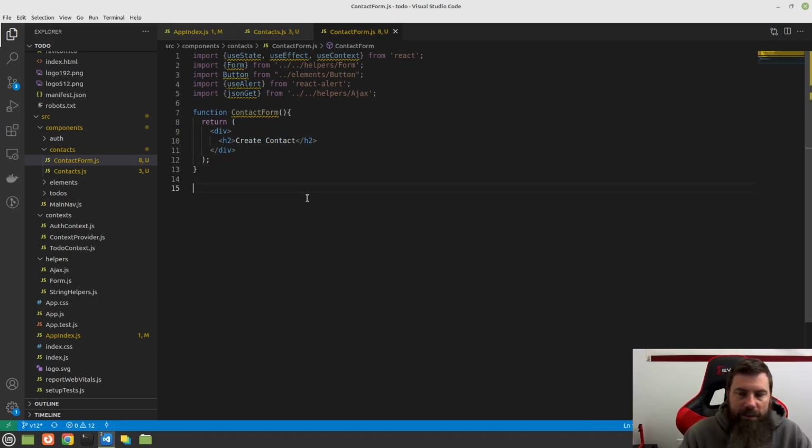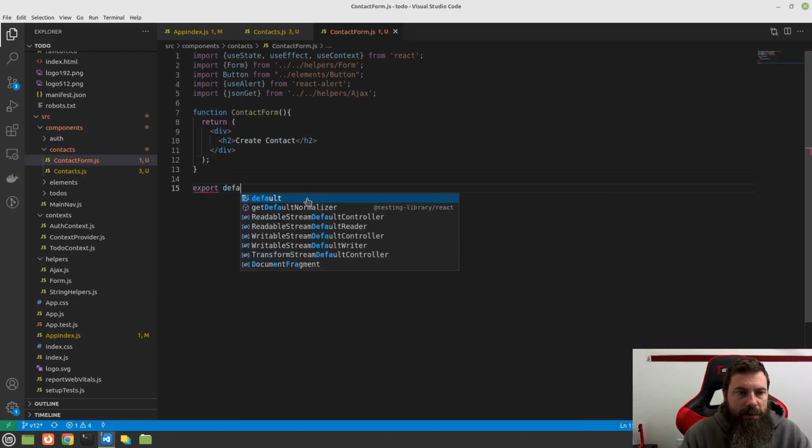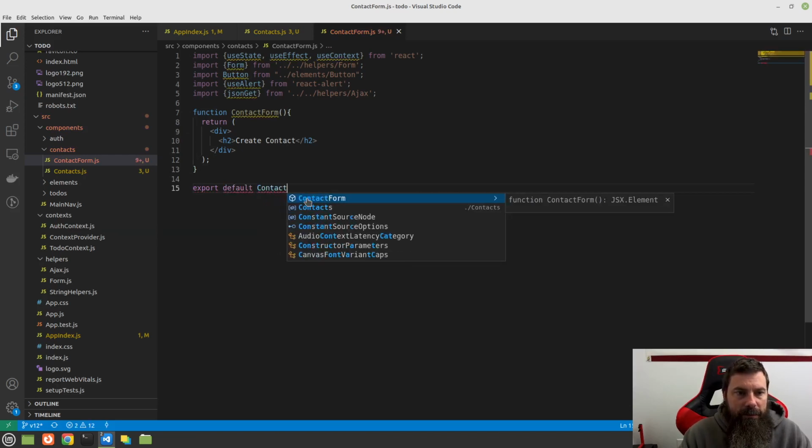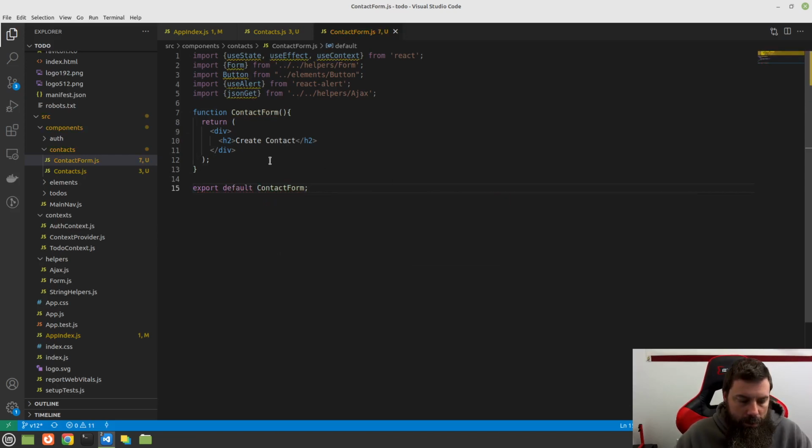Now we also need to export this, so we're going to export default contact form here at the bottom,